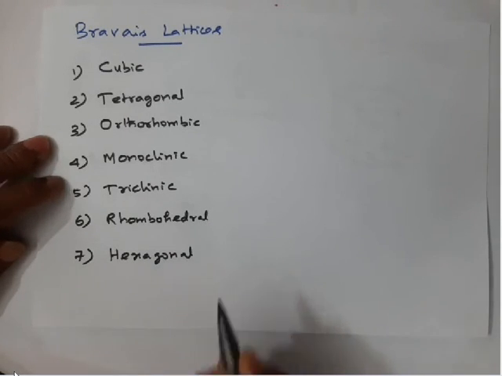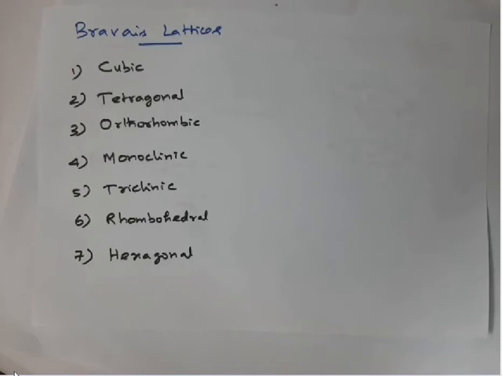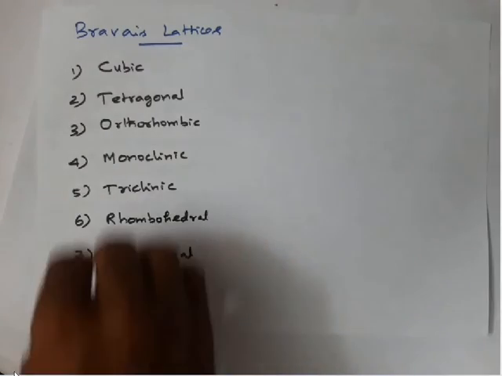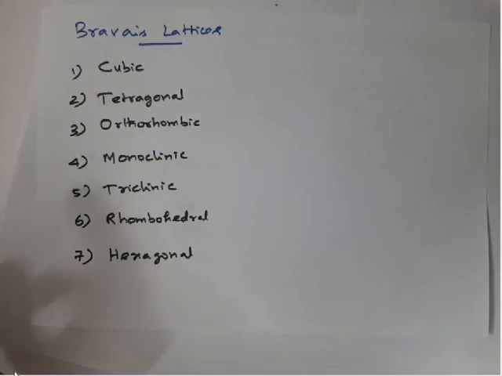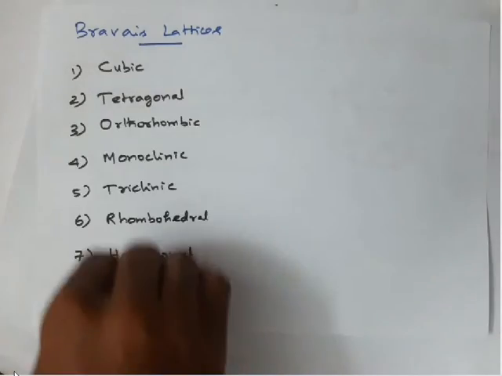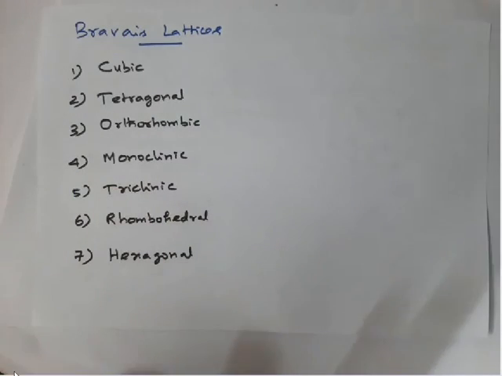What Bravais did was take primitive and non-primitive unit cells, all the 4 different types, 1 primitive and 3 non-primitive, and analyze whether all 4 types exist in these crystal systems or not. He analyzed in this way, and he found that